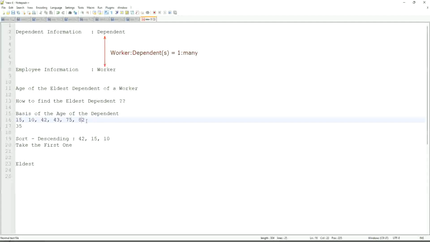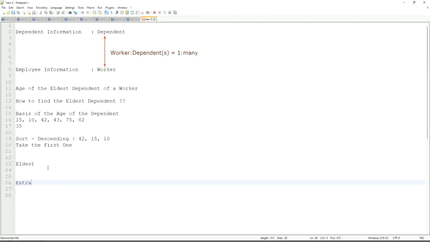So first thing that we are going to do is find out the eldest dependent. So we will sort the dependents based on the age. And then we will see what is the criteria on the basis of which we are choosing. But first, we need to decide which business object we are going to store the new calculated field in: worker or dependent. Does the worker business object have the information about the dependent's age? The answer is no. That is why we are going to use a combination of calculated fields called